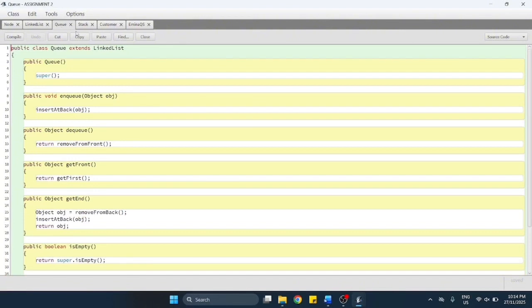This is my queue class, which extends the linked list class to implement a first in, first out, or FIFO, structure. The enqueue method adds an element to the back of the queue using the inherited insert at back method from the linked list. The dequeue method removes the element at the front using remove from front, ensuring the first element added is